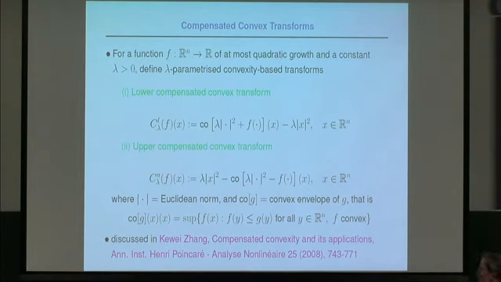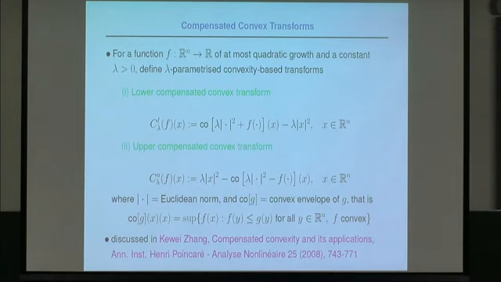The upper transform is similar but different. We take lambda |x|^2 minus f, take the convex envelope, and then we do it the other way around. These were discussed in a paper which Kewei wrote in 2008, published in the Annales de l'Institut Poincaré. In that paper, these concepts were introduced, and a number of key properties were derived. Before I show you what these do to a simple function,